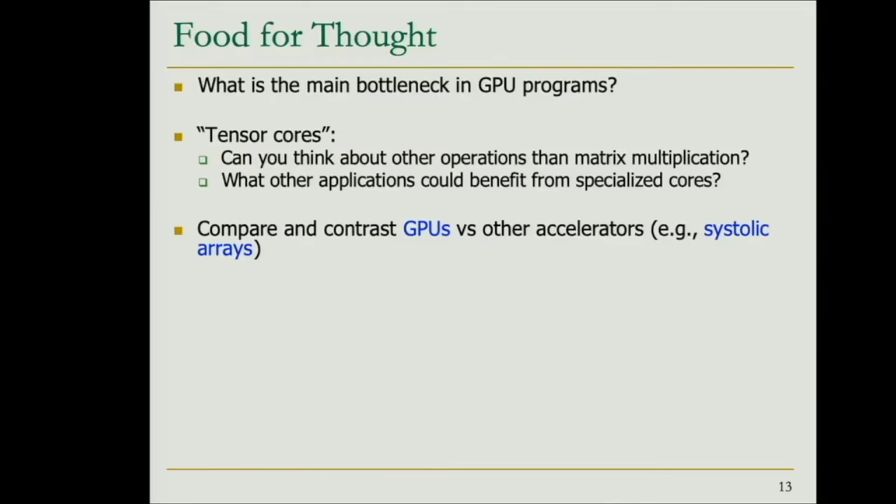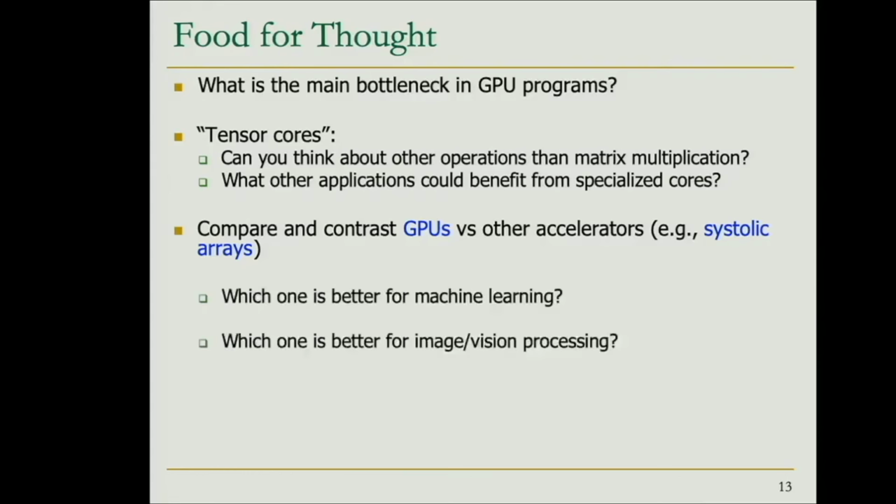And you will start figuring out what the differences are, and maybe, at some point, it would be nice to combine both paradigms. Which one is better for machine learning? Try to answer that. Which one is better for image and video processing? In the end, there are a lot of similarities between machine learning, in particular deep neural networks, and image and video processing. Why is that? Because in the end, we are usually working on two-dimensional or three-dimensional inputs, and the way that we operate on them is by